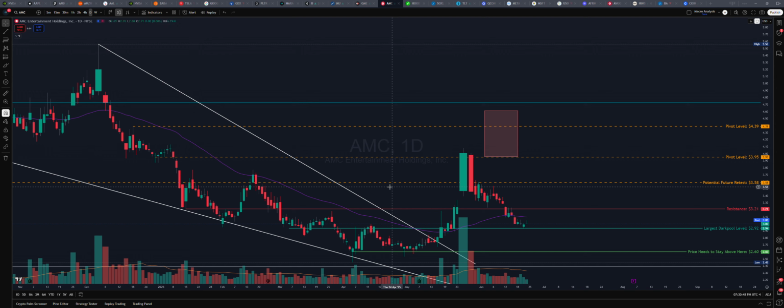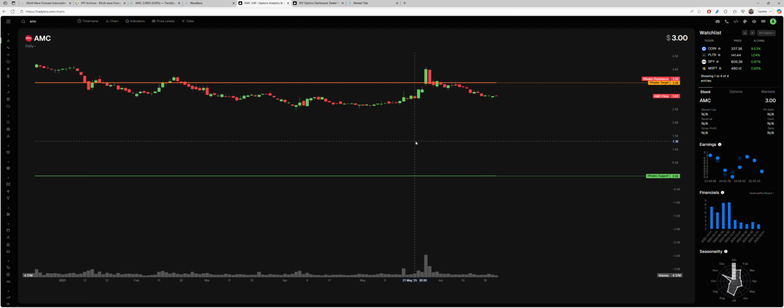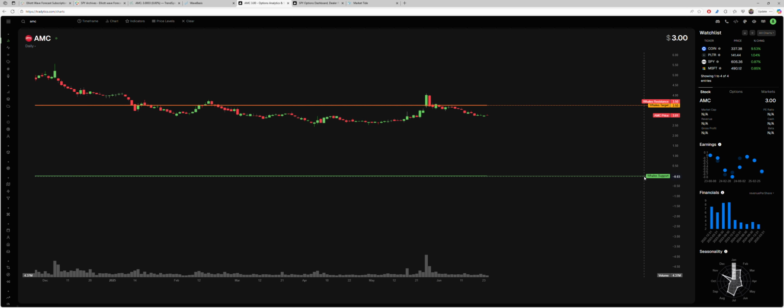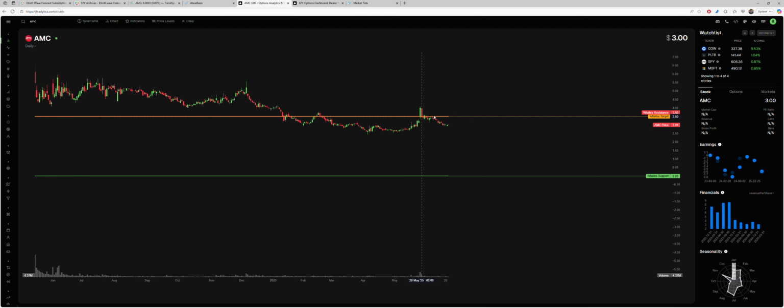Let me see if I have any whales target here for AMC. Okay, no meaningful whales target here. You have support at 0, of course, bankruptcy, if it ever plays out. Okay, you have whales target at 350. We already hit that whales target at 350. Whales have set resistance at this 350 mark, so getting above this level will be very, very difficult. That's the target and resistance level for AMC and whales.